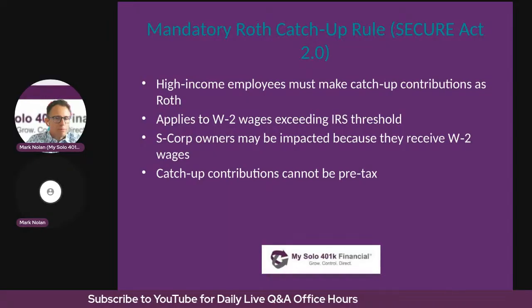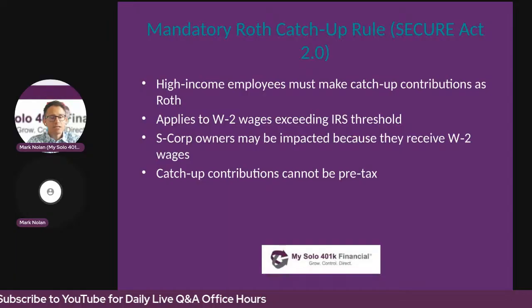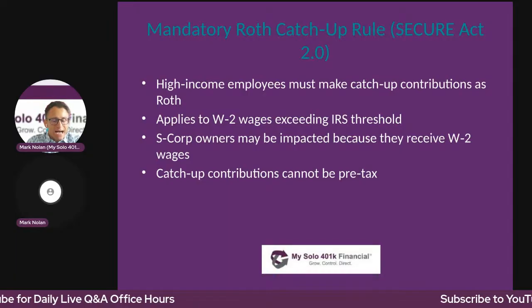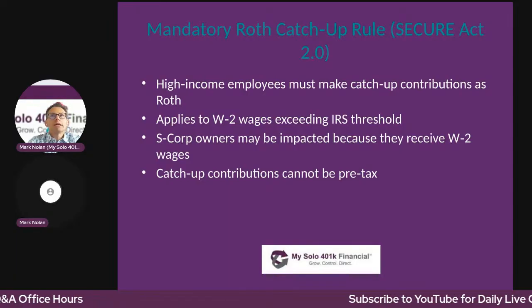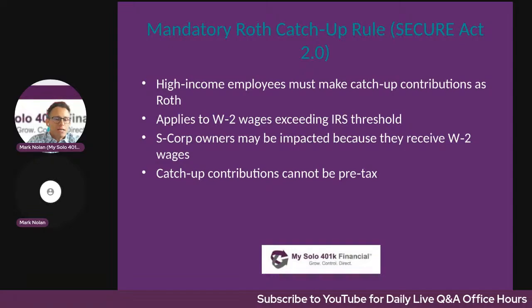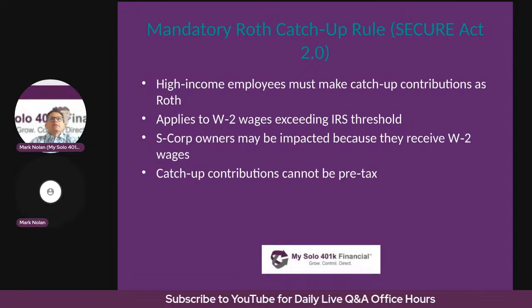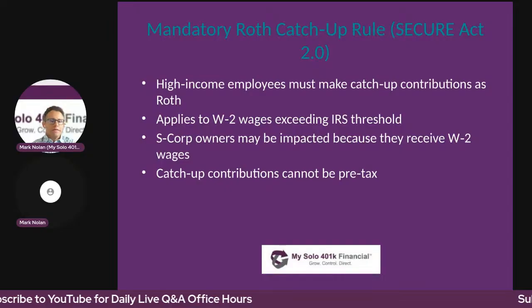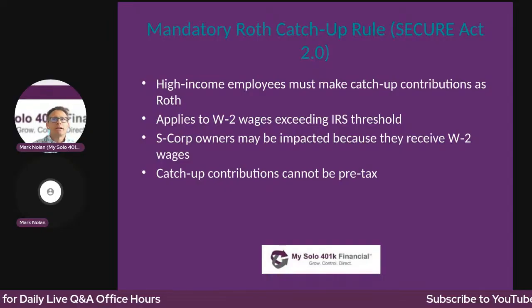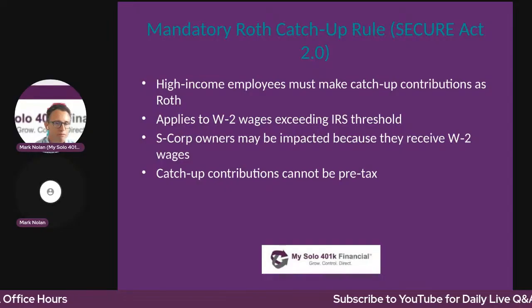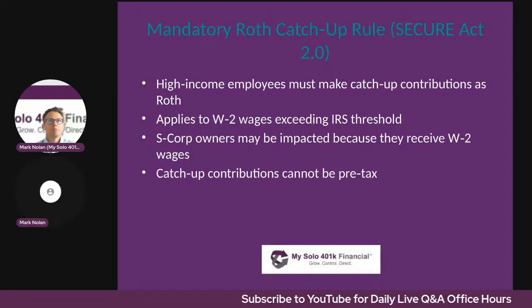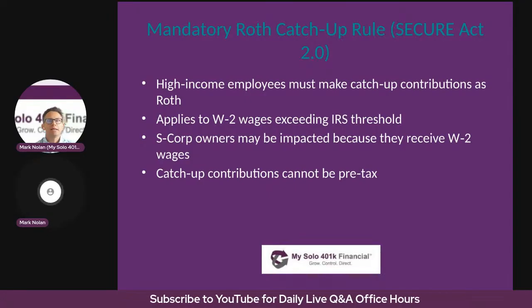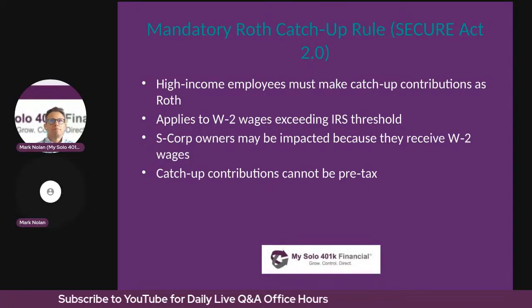Now, this mandatory catch-up contribution will apply to an S-Corp or C corporation self-employed business, depending on what your Social Security wages are for the year. Now, Social Security wages are reported in box 3 of your Form W-2, which is the wage and tax statement. So if you have